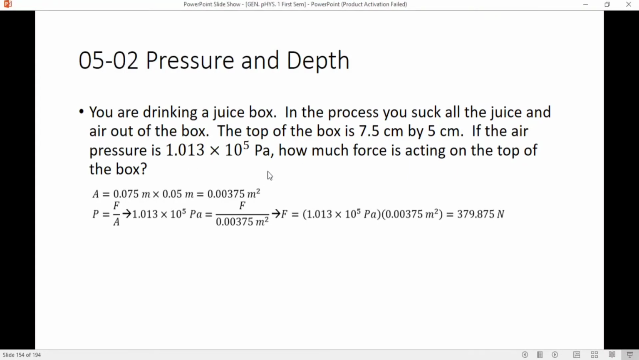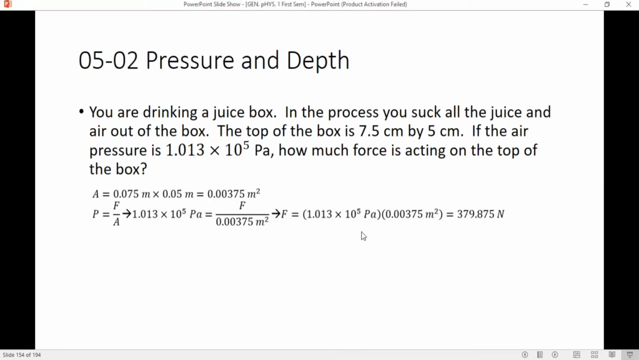So, to determine the force that acts on the top of the box, we just simply use the mathematical expression of pressure, which is force per unit area. The area of the box is length times width, yung area ng box. So we will multiply 7.5 times 5 cm, and 7.5 times 5 equals 37.5. We will convert 37.5 to meters squared since